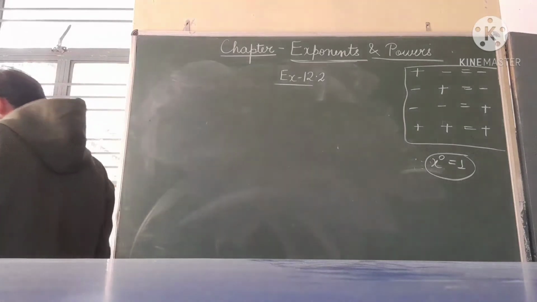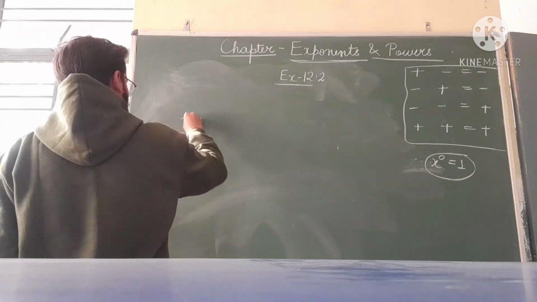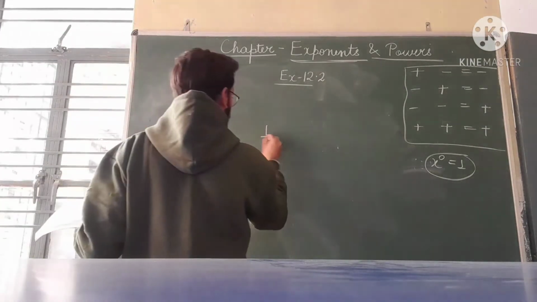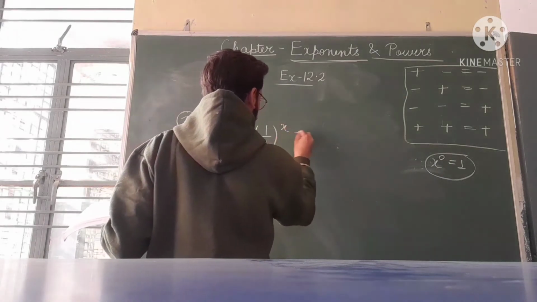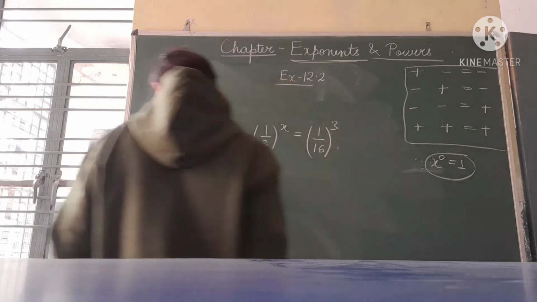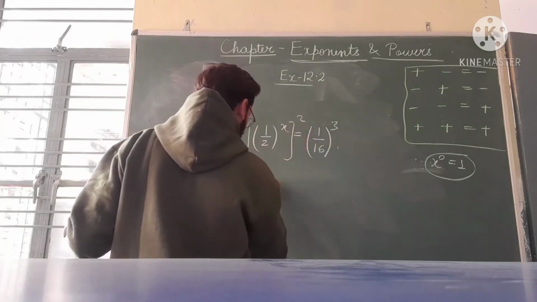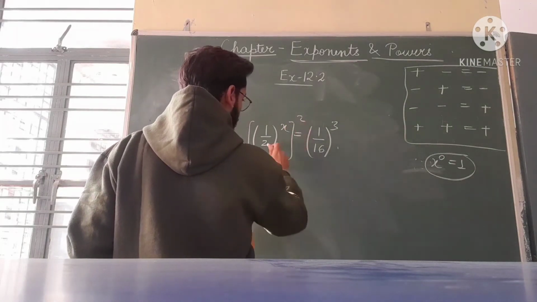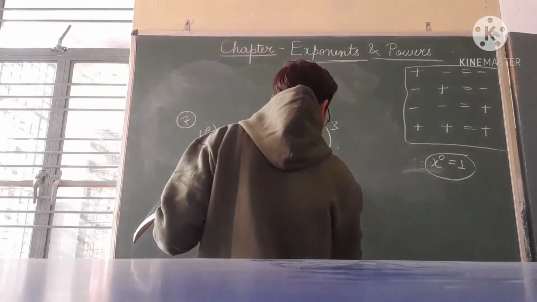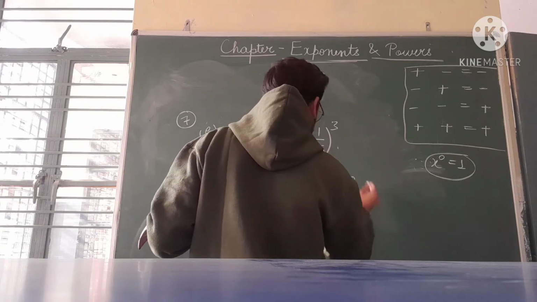Question number 6, in a simple way you can do the questions. Now I am telling you question number 7, its E part. Just see, 1 by 2 to the power x is equal to 1 by 16 to the power 3. Now we can see that the base 16 is a whole square. Here it comes 1 to the power. I told you that powers will be multiplied. x into 2 will be 2x. And 16 can be considered as 2 to the power 4, because 1 is on top, so 1 to any power will stay the same.